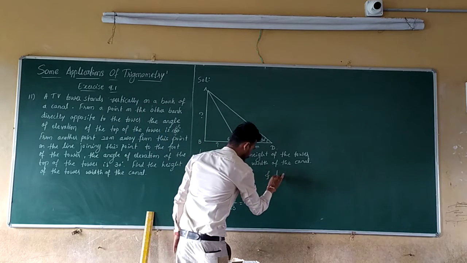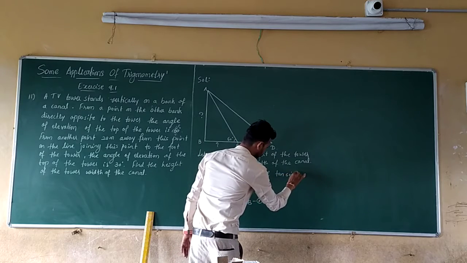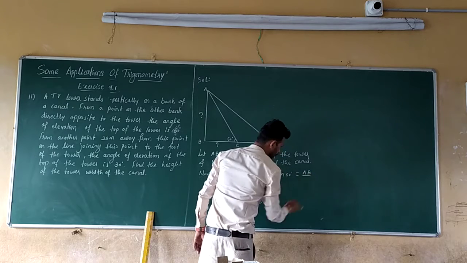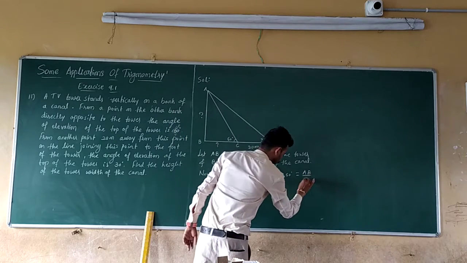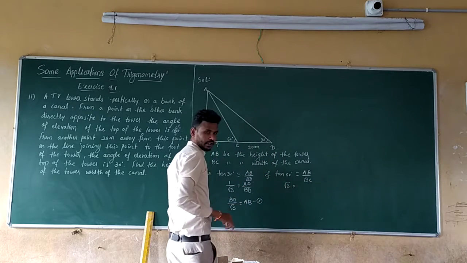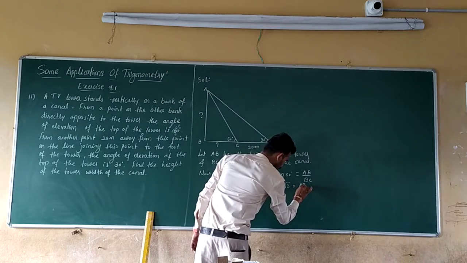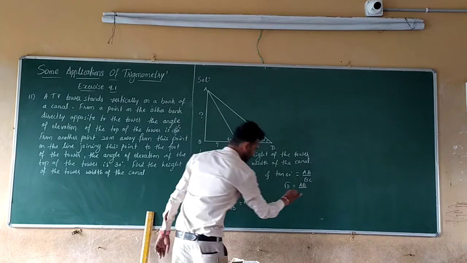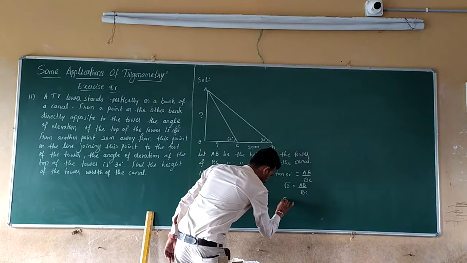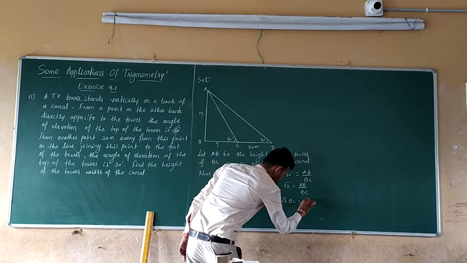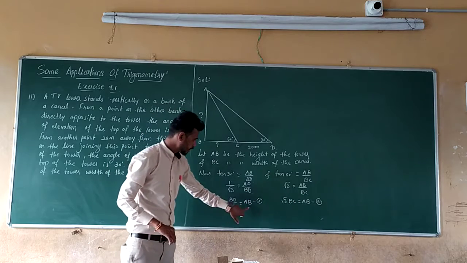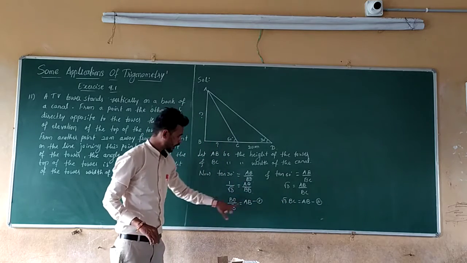And tan 60 degree is equal to opposite AB divided by adjacent BC. Tan 60 value is root 3, which is equal to AB, that we need to find, divided by BC. So now take BC to the other side, you will get root 3 BC is equal to AB. Take this as equation 2. Now the RHS are the same, AB, so we can equate the LHS.